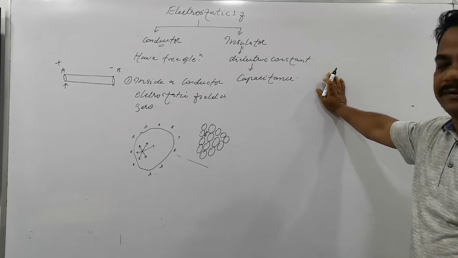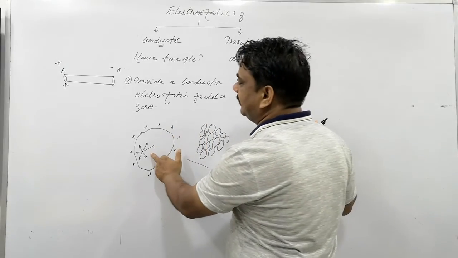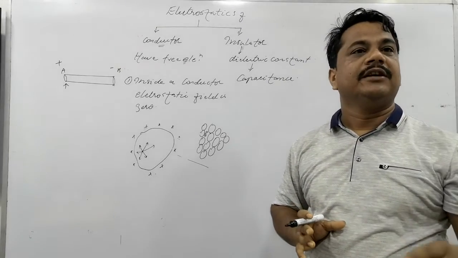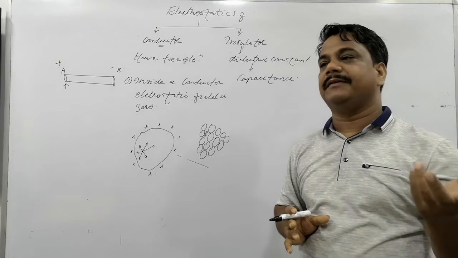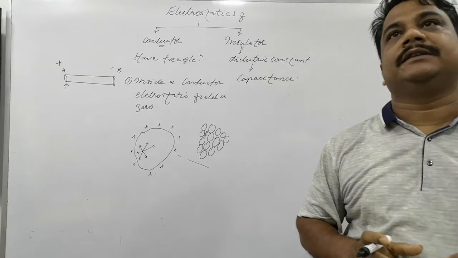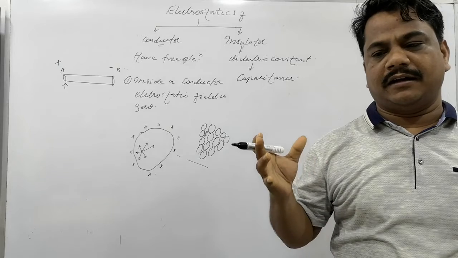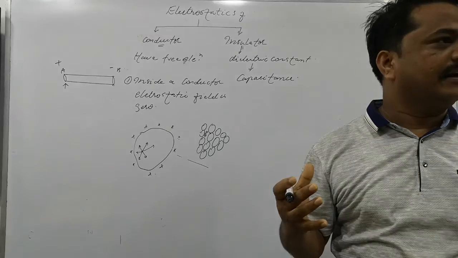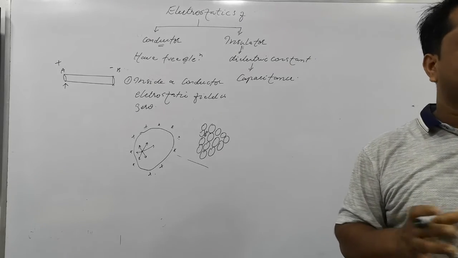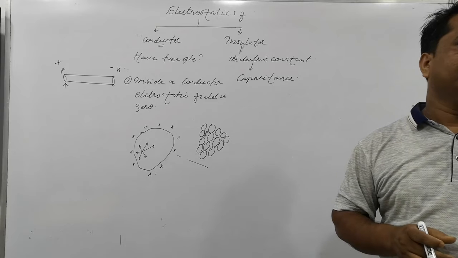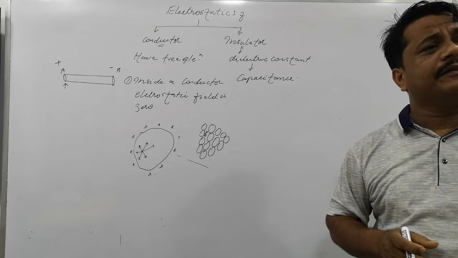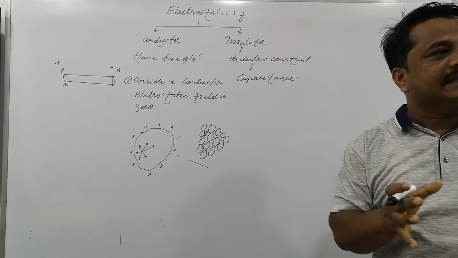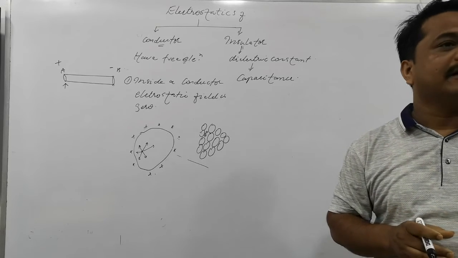What is the meaning of this statement? It means that inside the conductor at a point, the electric field will be zero. If any conductor is placed in an electric field, obviously the field inside will be zero. Suppose you have made a dress of conductor and you put yourself into an electrostatic field. Will the electric field be zero or non-zero inside you? You are just keeping yourself inside a conductor. Is that clear? So what will be the electric field?